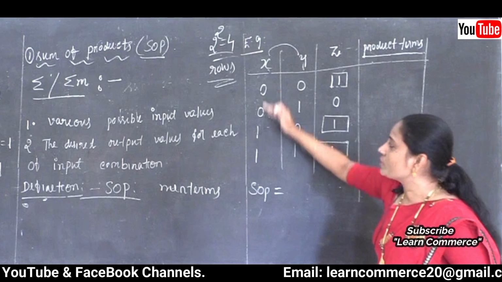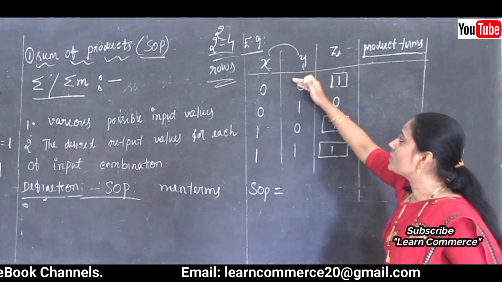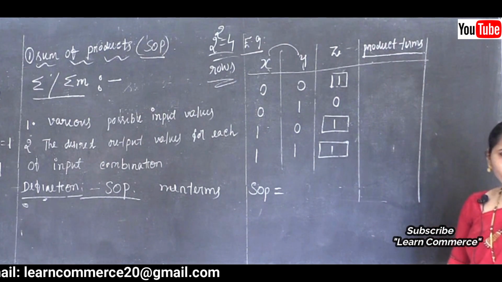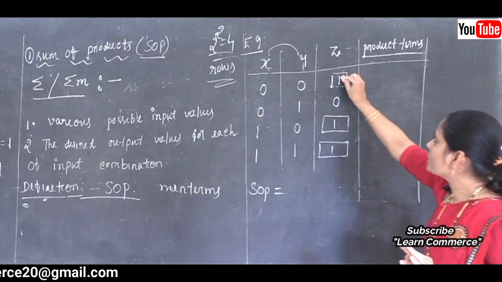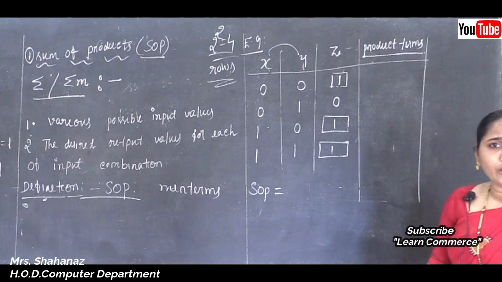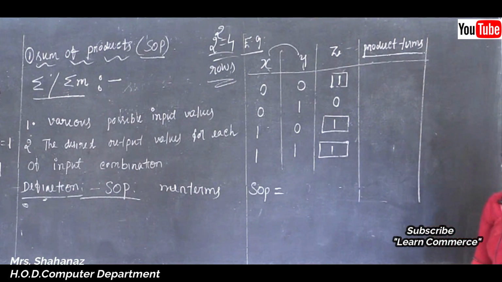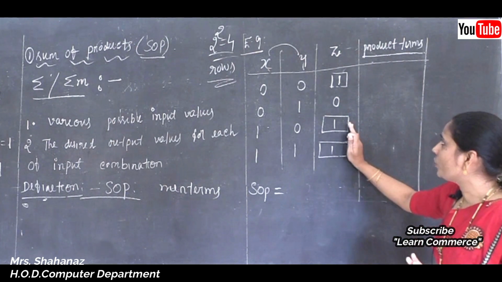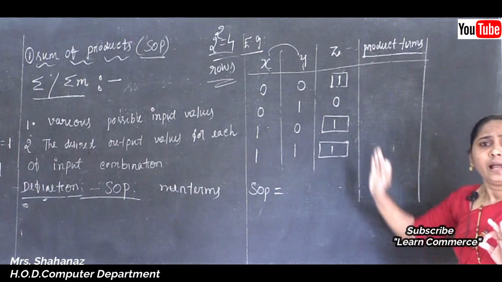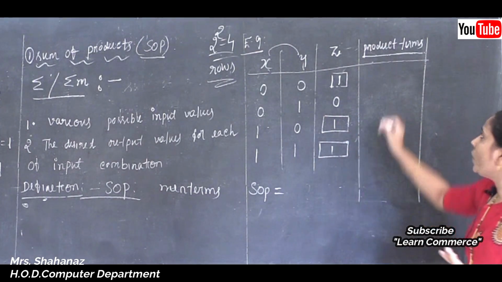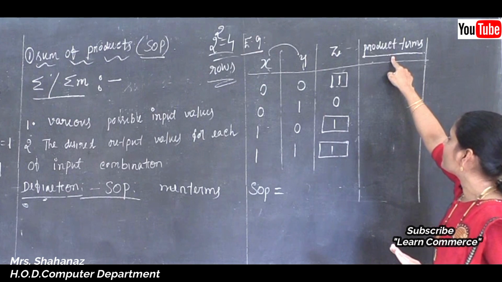So the x column value 0011, y column value 0101, and this is just for simplicity. I used the value 1 in place of the input value. Anywhere we can use the value 1. Sometimes we will get in the question where we need to take the value as 1. Clear this point? But here, in this simple example, I used the value 1 in 3 places. Now I am going to complete the product terms column.